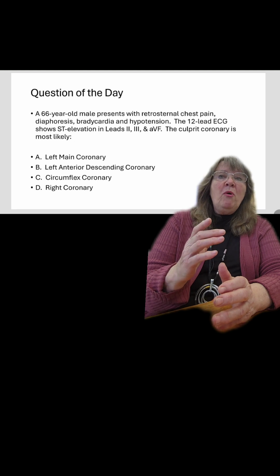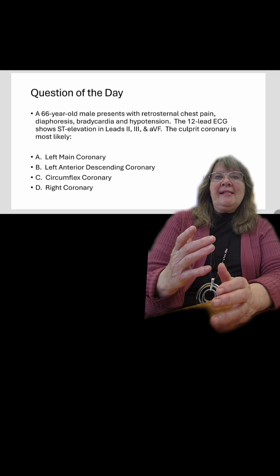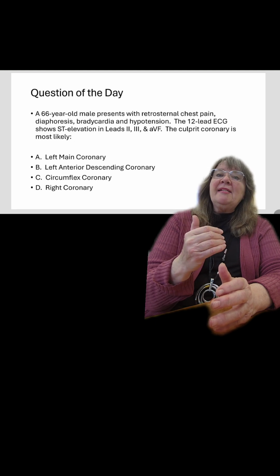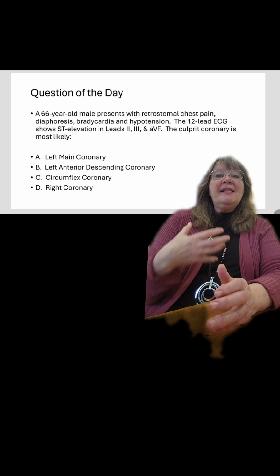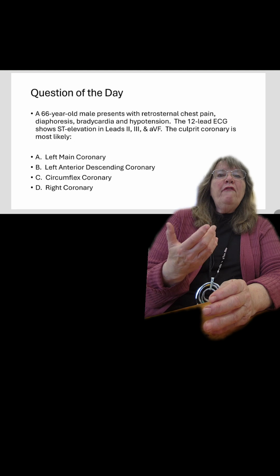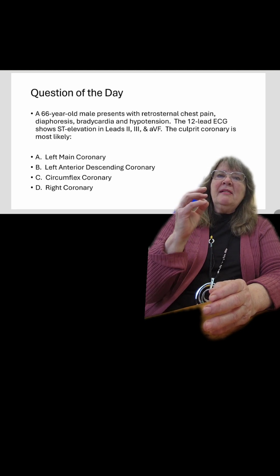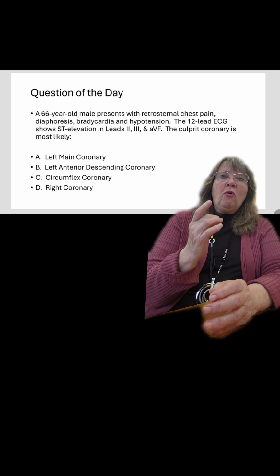And so it's really important when we have an inferior wall MI that we run a right-sided ECG and we set our sights on V4R, which is a chest lead over on the right side. We look for ST segment elevation in V4R because that is the most specific right-sided chest lead for right ventricular infarct. And we want to identify that because identifying an RV infarct identifies for us a very proximal RCA lesion,